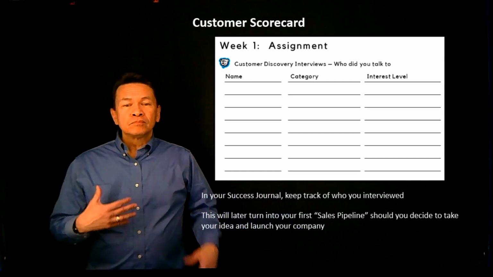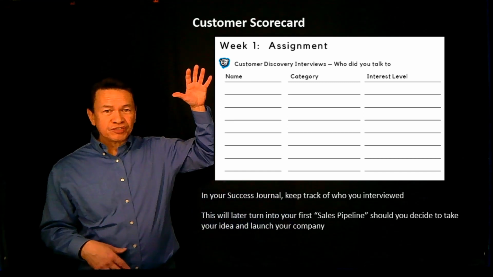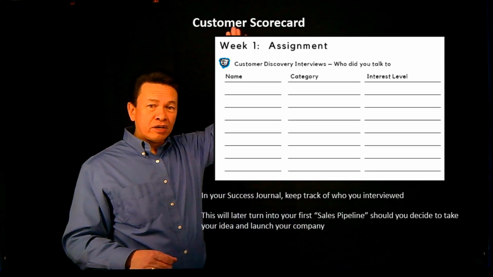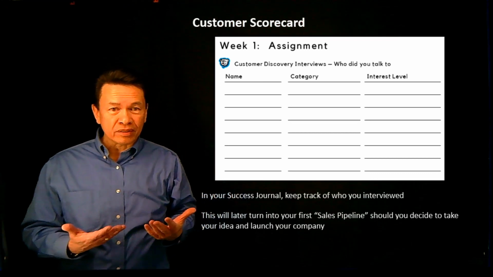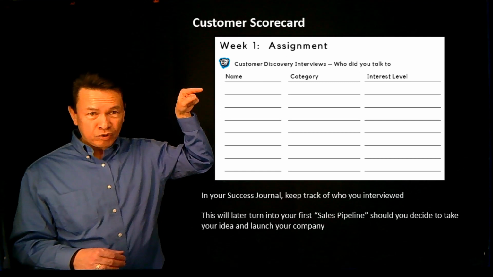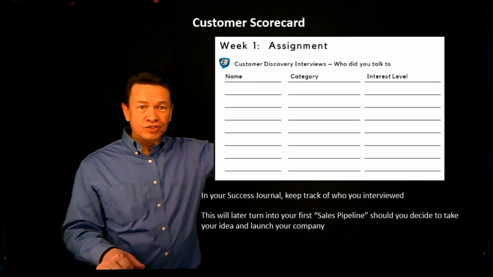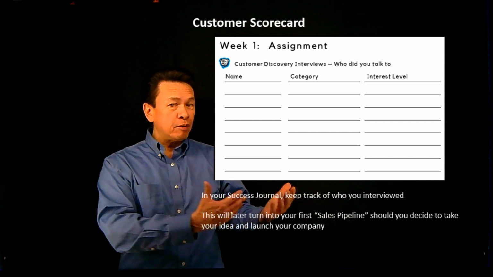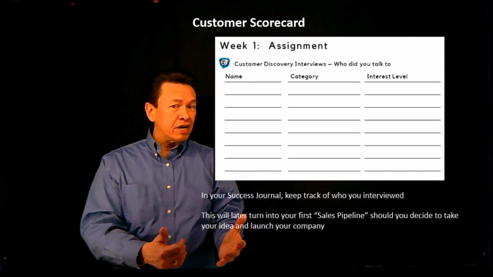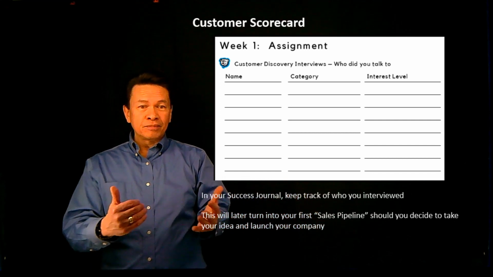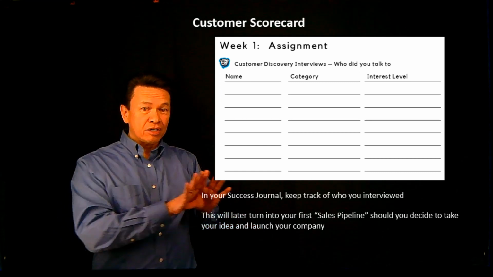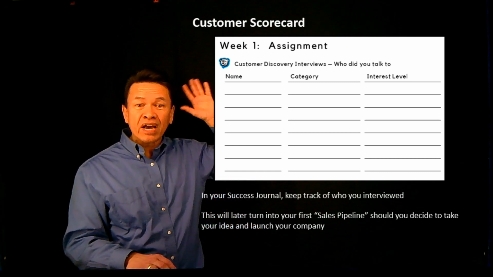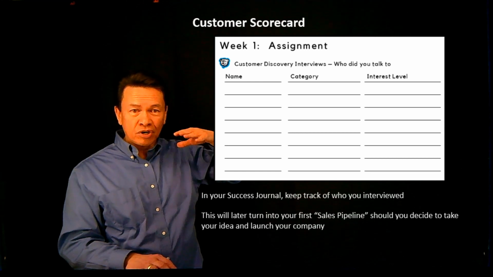Okay, so on your assignment every week, basically keep a track, what I call a customer scorecard, right? Keep a track of who you spoke with. Okay, in this case, what their names were. You have their contact information somewhere. Category, where are they a potential customer? Are they an early adopter potentially? Some of those are they a potential partner, vendor, supplier, competitor? So keep track of what type of customer or what kind of person that you talk to,